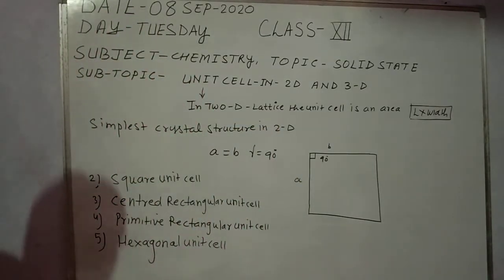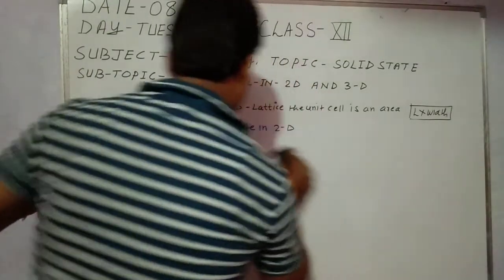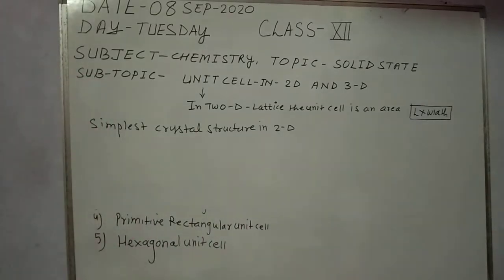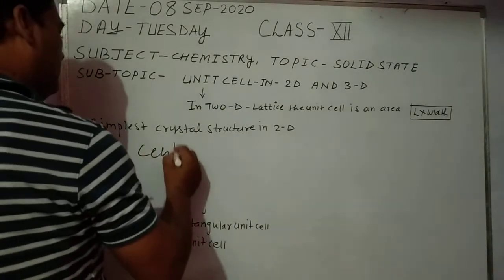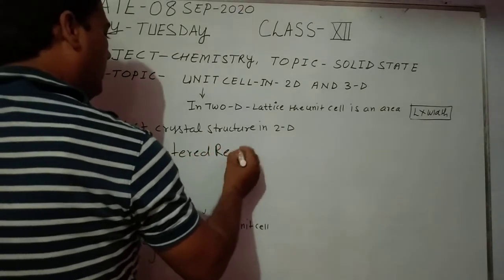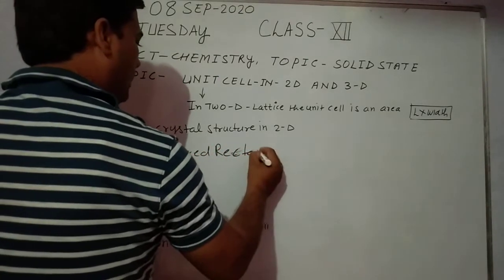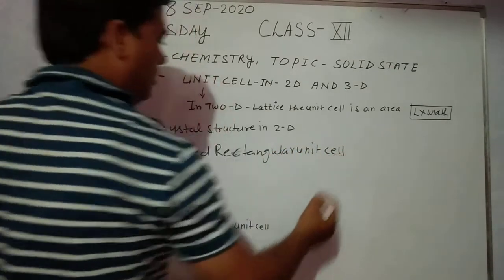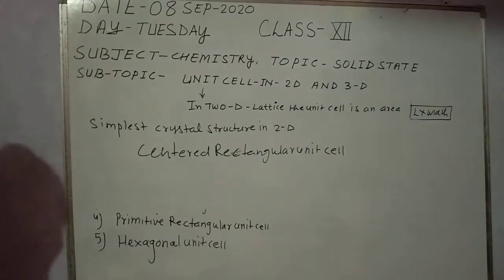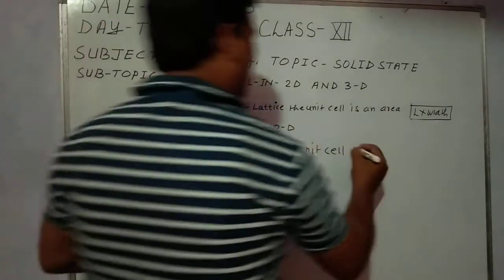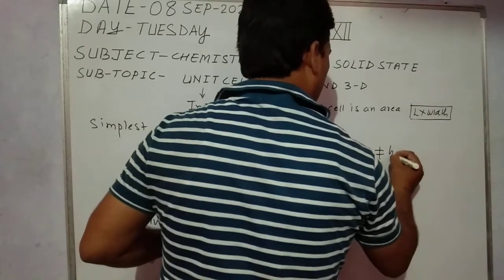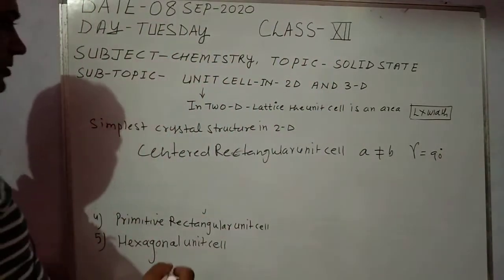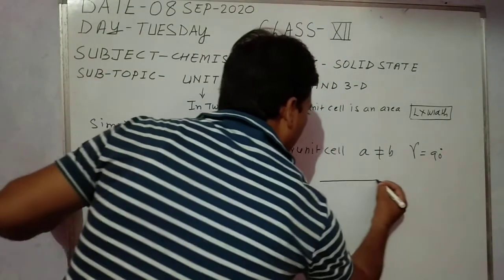Next one is centered rectangular unit cell. In centered rectangular unit cell, A is not equal to B, but gamma is equal to 90 degree. So centered rectangular unit cell can be represented as